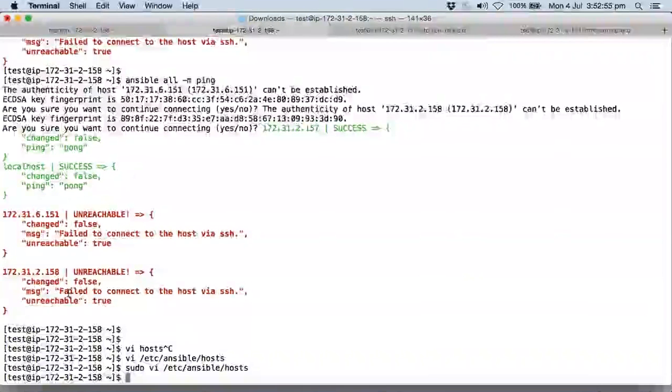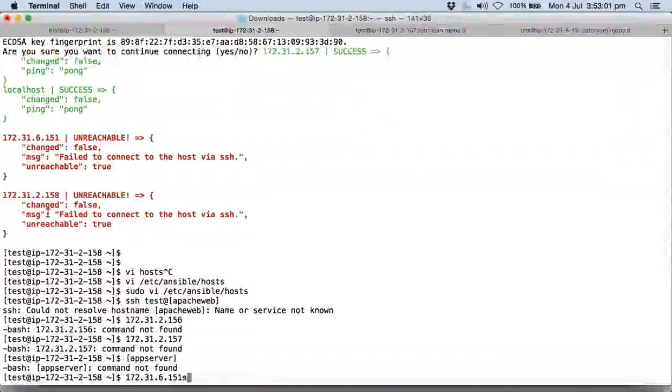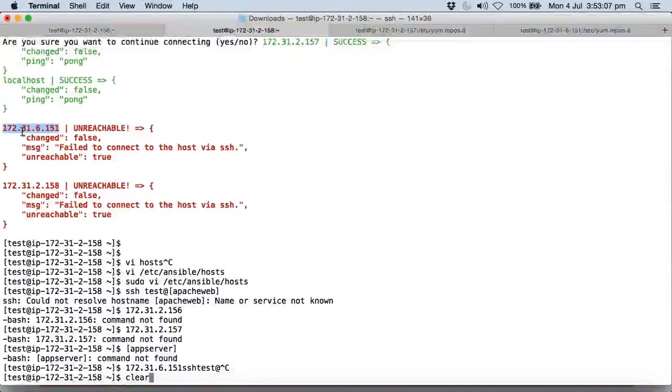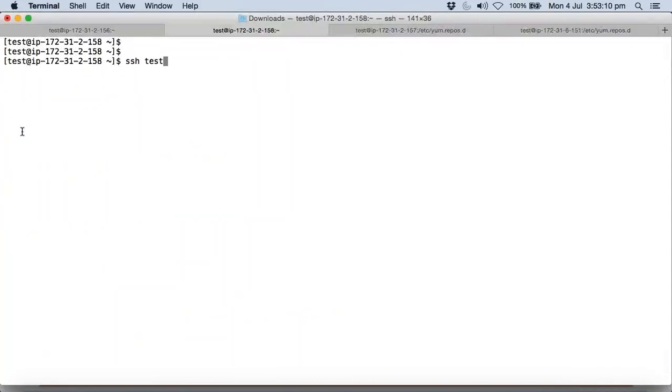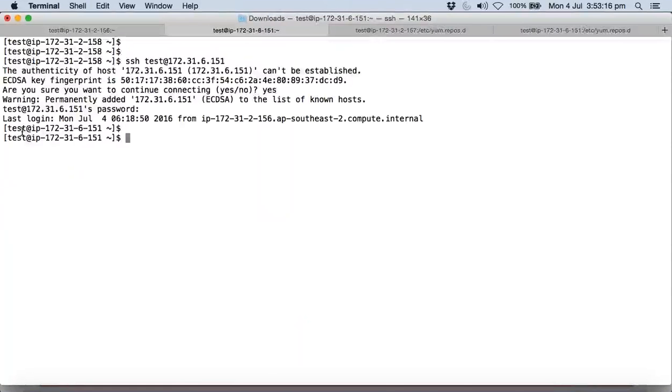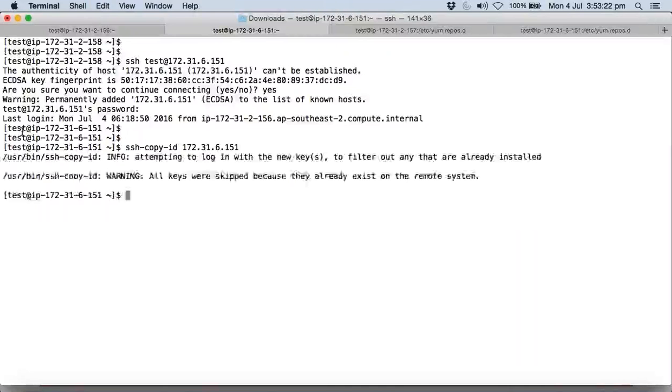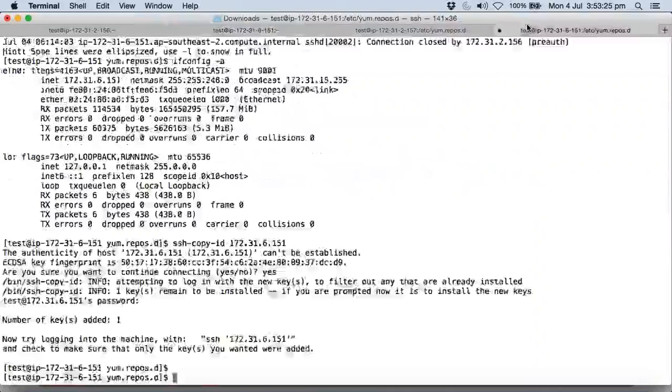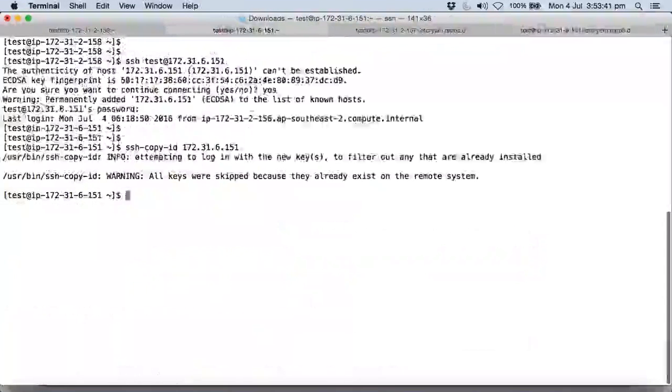So we need to check whether this machine is connecting via password. Yeah, it's asking for password. That shows the error. So ssh-copy-id, give the IP. That's it. So I think it's also one function as ssh-copy-id. Okay, so this one has already been added. ssh-copy-id. So I think